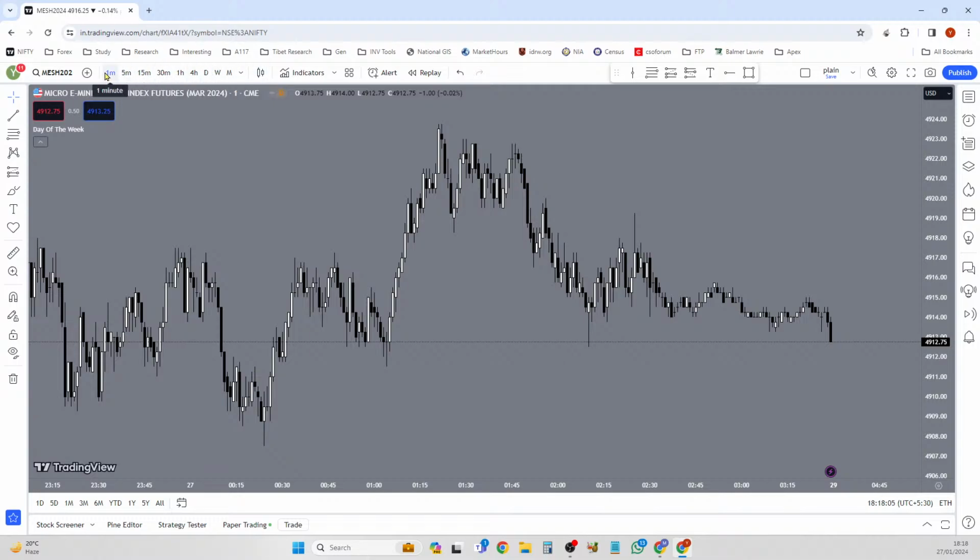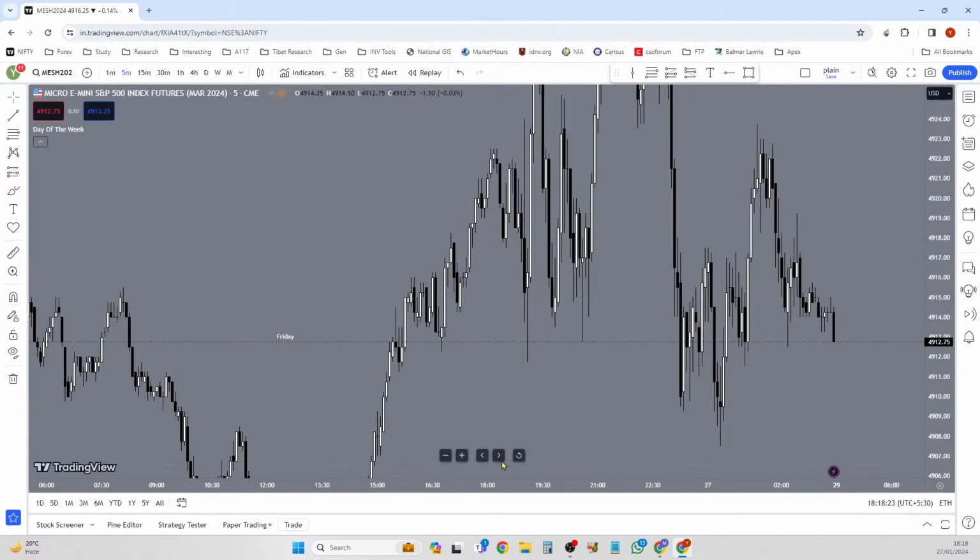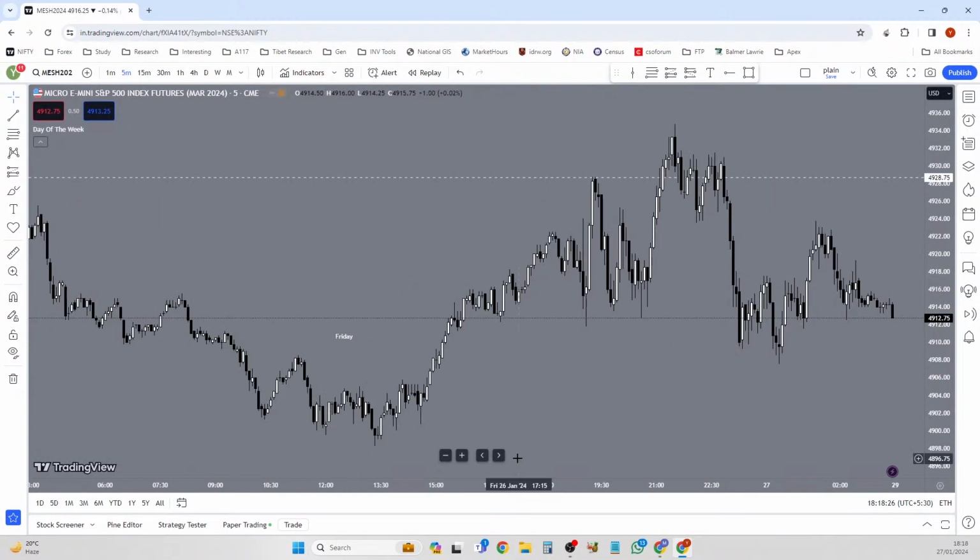This is the place where we have different time frames given. So you can switch between time frames from this. Now the current chart is a 1 minute chart, so every candle is depicting the fluctuations in price for that particular 1 minute. So if you shift to a 5 minutes chart, and again, let me